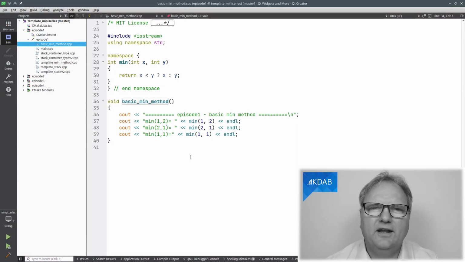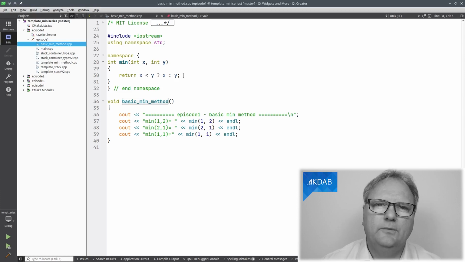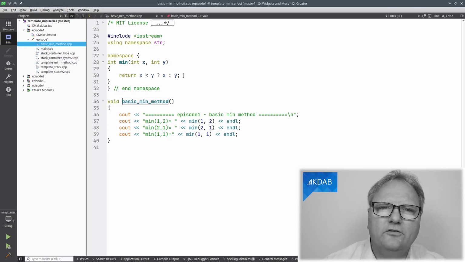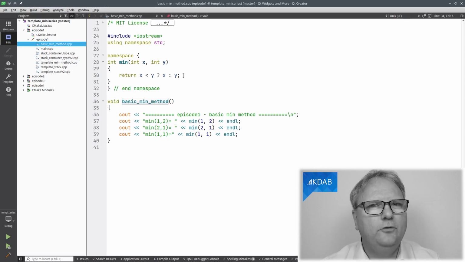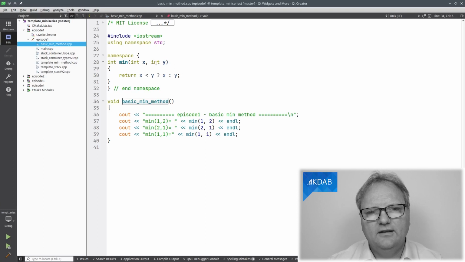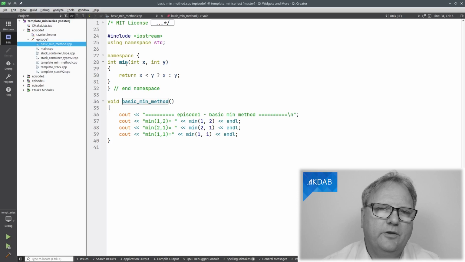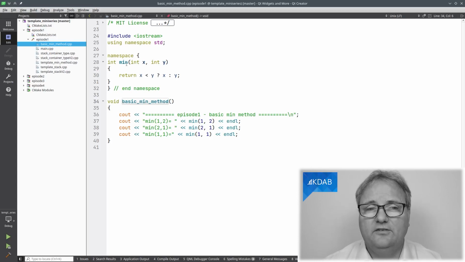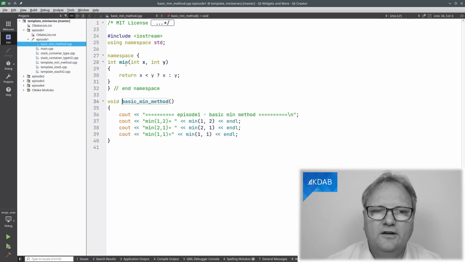So we start out with the min method. Every tutorial on templates starts with min. So who am I to break tradition? Min takes 2 integers and returns another integer. And it does it via this very complex algorithm down here. But the key thing is that it takes 2 integers. What would happen if I wanted to take 2 doubles? Or if I wanted to take 2 instances of a foo class? Well, I would have to replicate, and likely, I could use overloading so that I could still call them min, but I could also use templates. And that's where we'll go next.